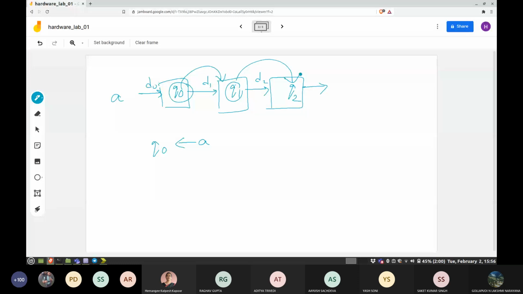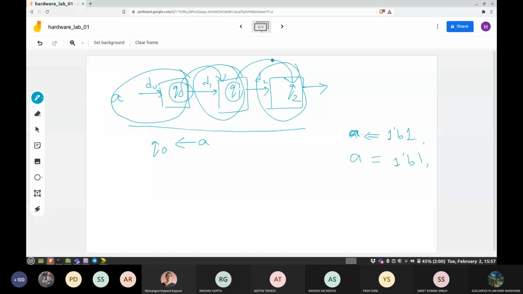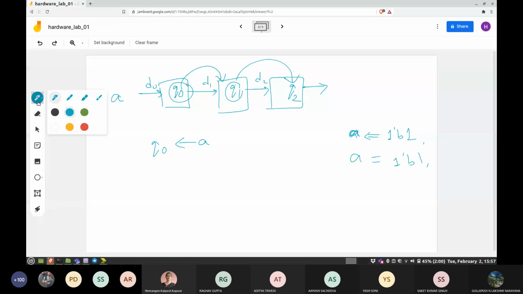And we have seen the copying can be done either as a blocking or a non-blocking assignment. Here in this design, there are 3 assignments. First, this is one assignment, this is one assignment, and this is one assignment. The first assignment, then the second assignment when Q0 passes there, and the third assignment when Q1 is copied to Q2. So there are 3 assignments.